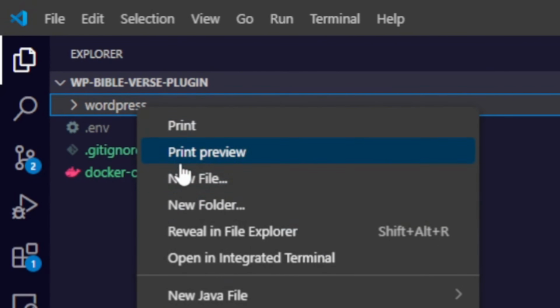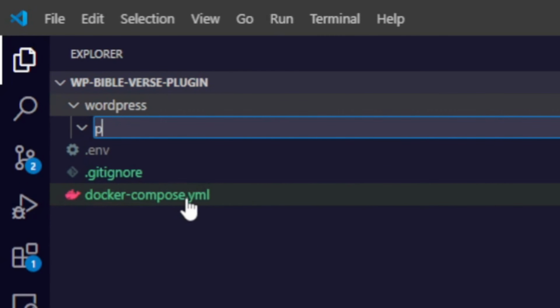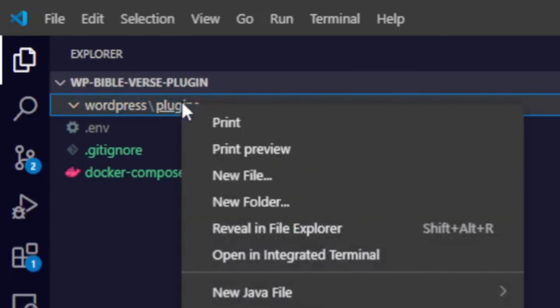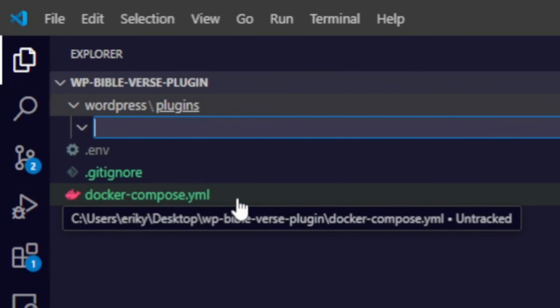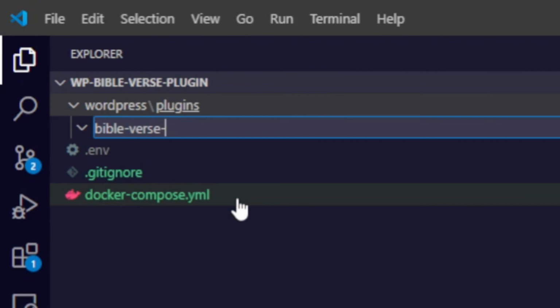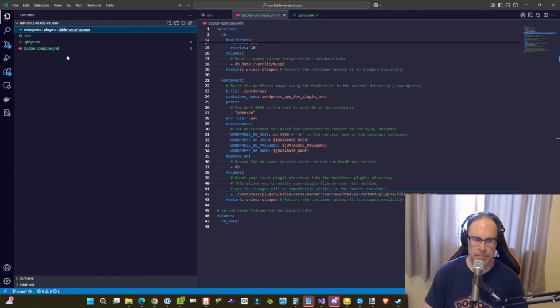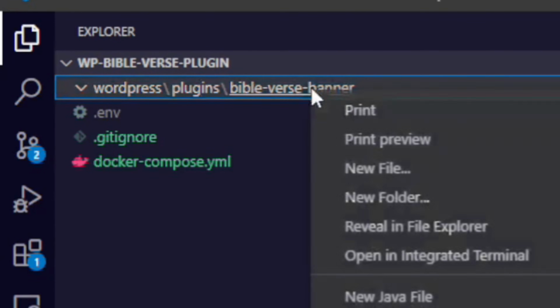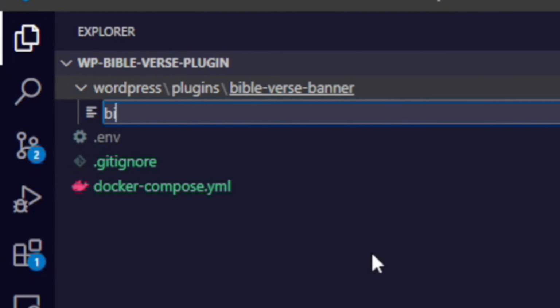And then underneath this, a new folder called plugins. Basically, we're going to mirror the plugin structure that WordPress will set up. And then under the plugins folder, we're going to create a new folder there called Bible verse banner. Okay, and then the next thing we'll need to do is to create a PHP source file using the same name as the folder name. So within the Bible verse banner folder, we'll need to create a new file called